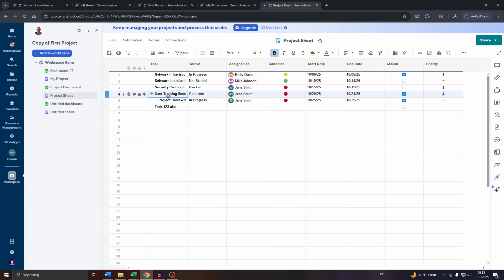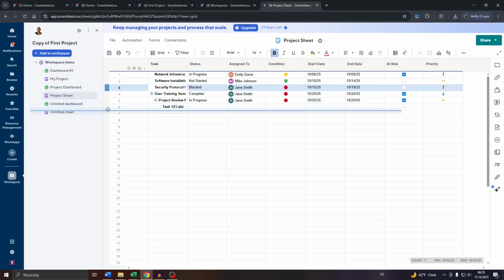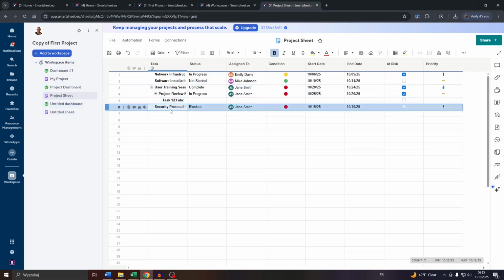So you can, for example, also create subtasks of subtasks. To do that, click into the task below and click into indent and into indent again. And now that subtask here has become a parent task of the subtask below. And you can do this as often as you like, and also change the position of your tasks. For example, if you'd like to make the task here at the very top a subtask of one of these,